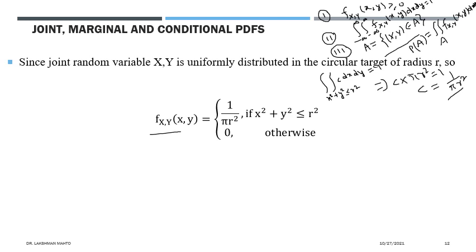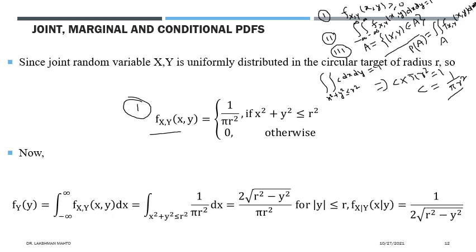So that's why there would be no observed value of the jointly distributed random variable. Jointly continuous random variable, there would be no observation outside the circular region. That's why density is 0. Only density you observe is uniform density within the circular region. So that's why you got the joint density. First job is done. Now we'll talk about the second one.